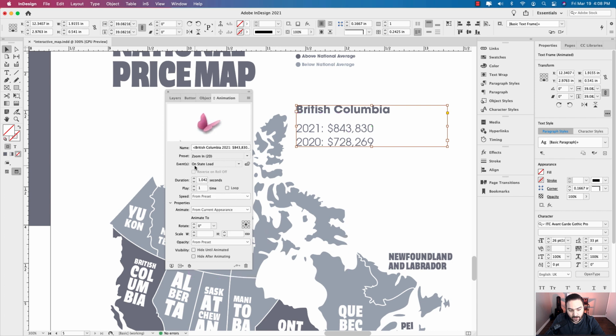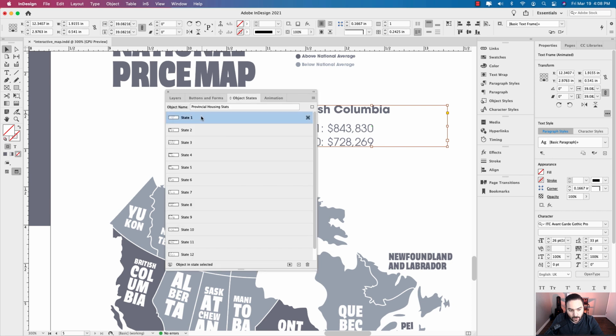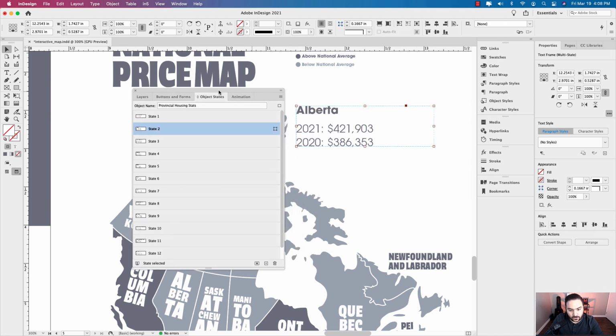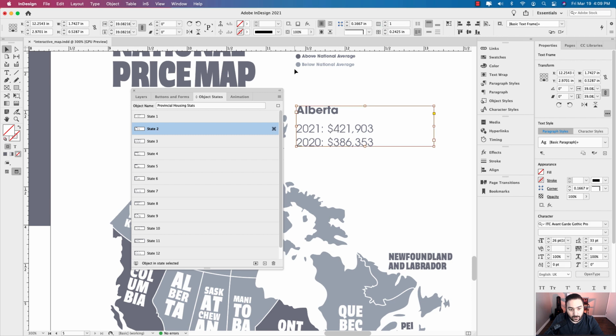You can see the event will happen on state load. So when you click on British Columbia, this will appear. Now I want it to play at 0.5 seconds, and we only want it to play once. Perfect. Go back to Object States, click on State 2, double click on the Alberta text frame to drive into that